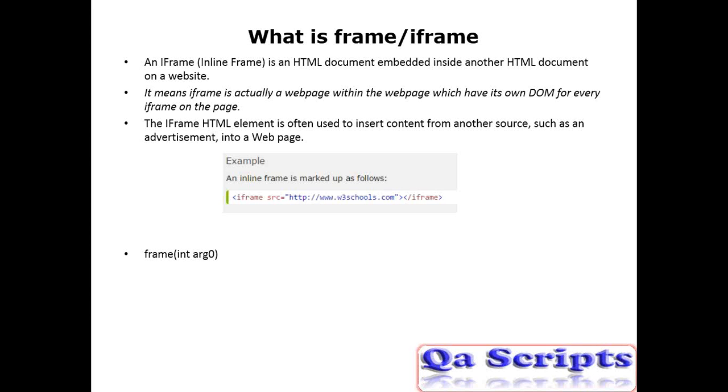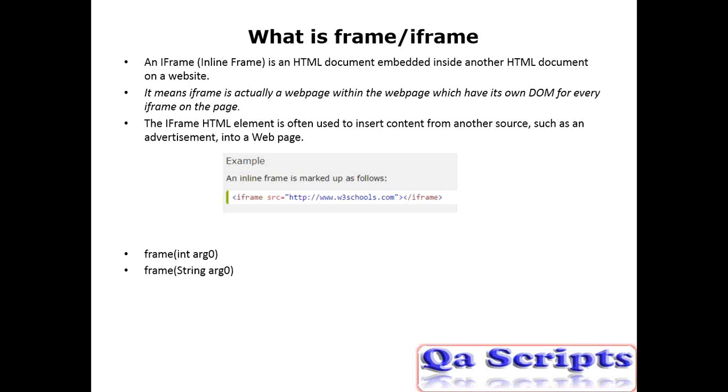The second frame is considered the first position frame. Like that, if you are comfortable with numbers, then you can use frame of 1 or frame of 0. So if you use frame of 1, it will point to the iframe present at the second position, and it will help us to work with all the elements present inside the iframe tag.